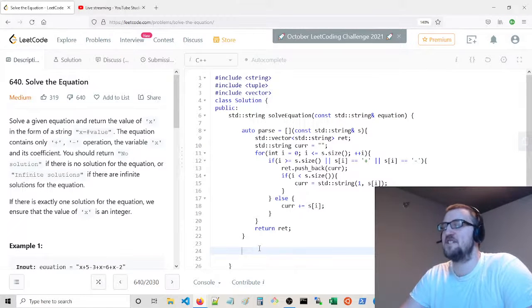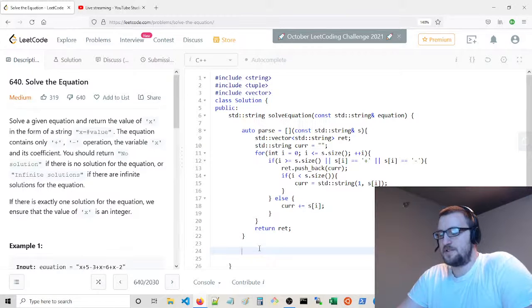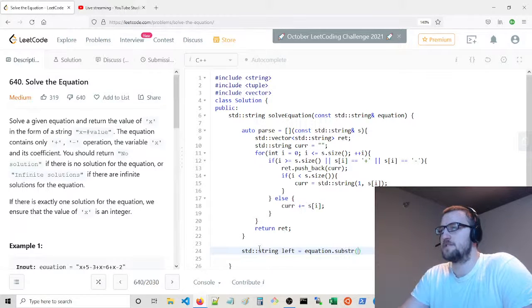All right. So now we have our parsing routine. Hopefully that works well. We'll give that a shot momentarily. What I want to show also is the index of. So we'll say standard string left is going to be equation dot substring on, we're going to say